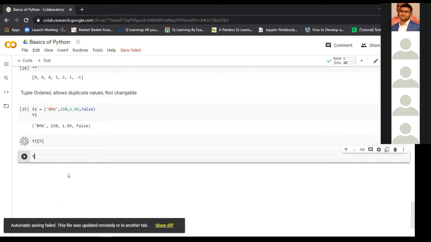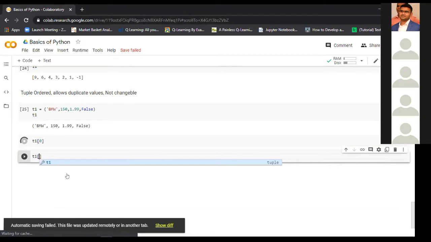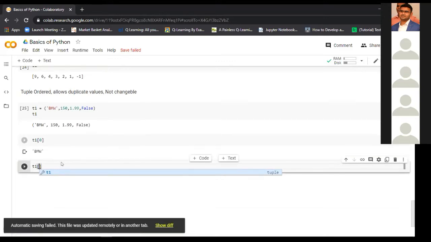We can use slicing, like yesterday Nikhil showed slicing on the string. In the same way we can use slicing here. So yes, the result is BMW as we expected. For slicing we have start, end, and step, which is the same for all containers or iterables. This is the one thing that we have to remember.